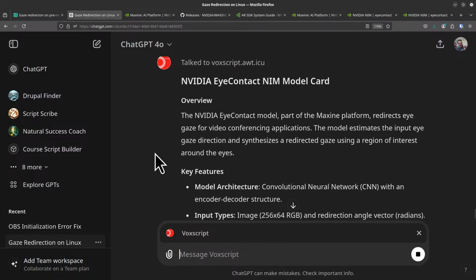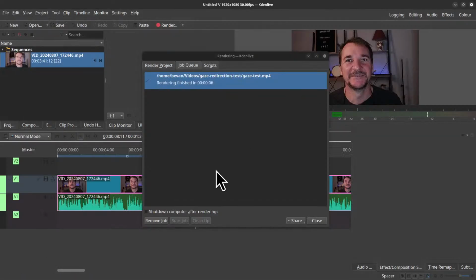The NVIDIA iContact model, part of the Maxine platform, redirects eye gaze for video conferencing applications. This model estimates the input eye gaze direction and